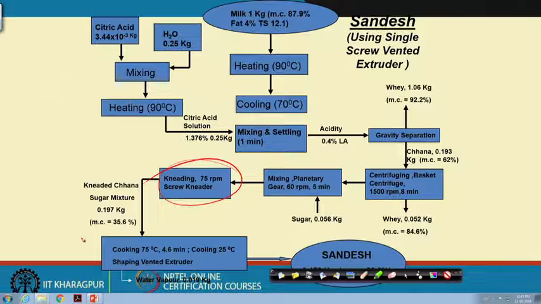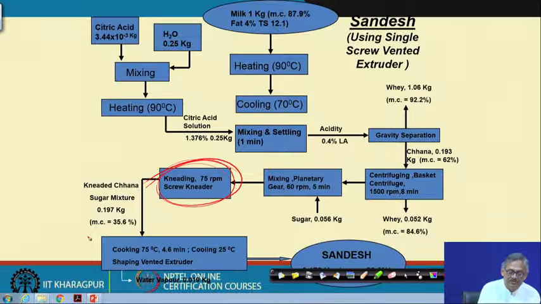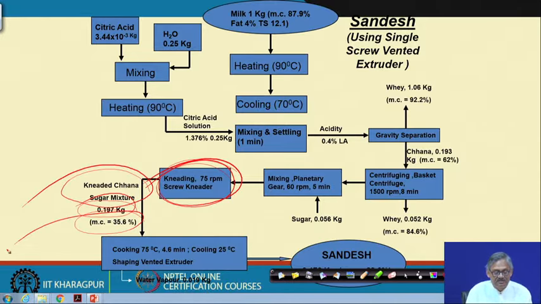So, this kneading is done at 75 rpm in a screw kneader, and from this kneaded chana with sugar mixture we get 0.197 kg with a moisture content of 35.6%, right. Then it is cooked at 75 degree centigrade for 4.6 minutes and then cooled to 25 degree centigrade,